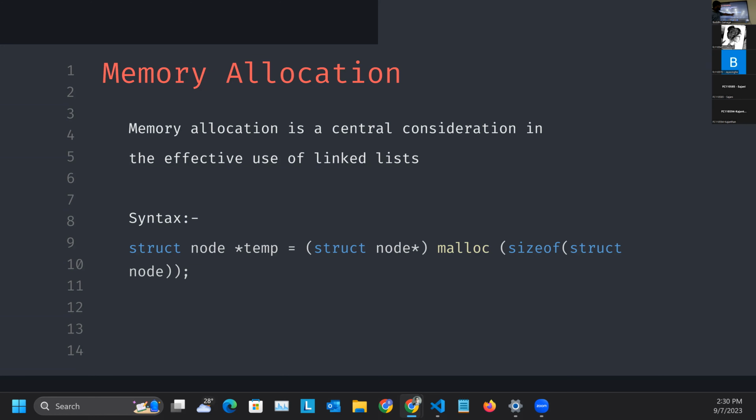So it has a size, and in memory allocation with malloc, we can allocate some memory. After allocating a particular memory, what will happen? It will return what? Memory address to a